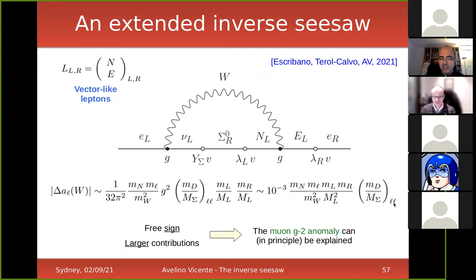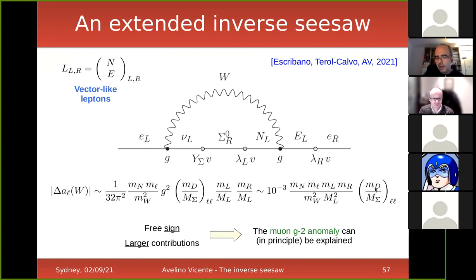However, they are not subleading in the phenomenology. They are very important because these mixings actually play a big role in explaining how you get this contribution from the inverse seesaw in the G-2. So now you get something like this. The diagram, instead of having here the singlets, now you have the triplets. So it basically looks the same, but thanks to the presence of these additional vector-like leptons, you enter these guys here, and because of that, you end up having the chirality flip, not by the standard model muon mass, but by this additional Yukawa coupling, which is not that suppressed. Also, the sign is free. You don't get a prediction for the sign, and then you can adjust it to get a positive sign.